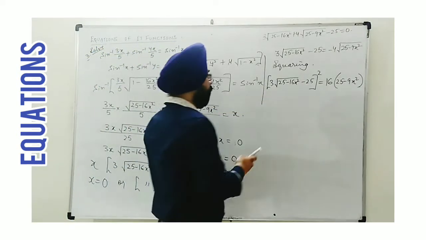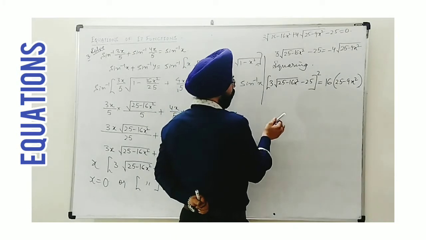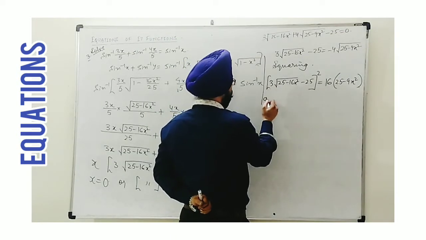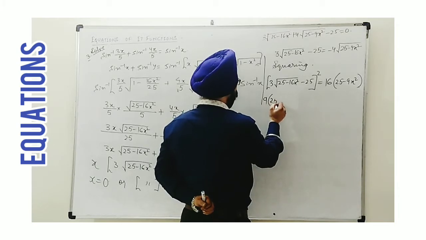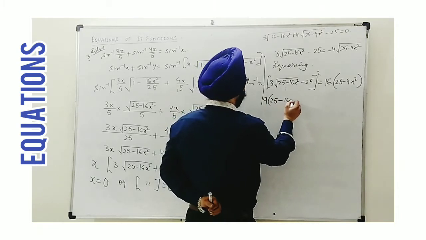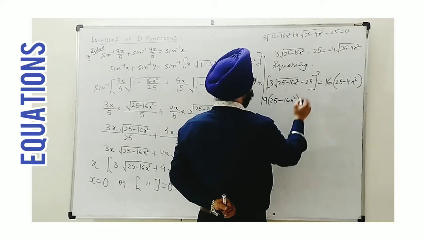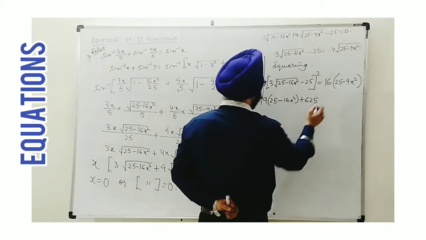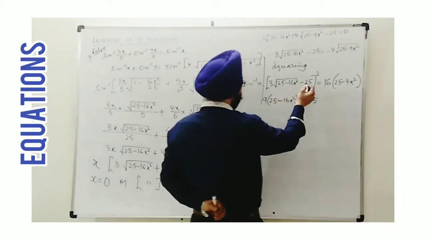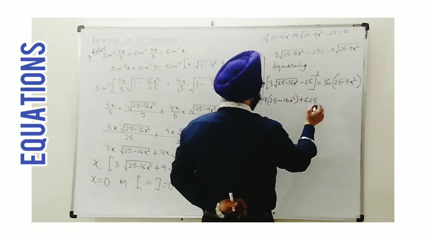On the left hand side we apply the identity a minus b whole square. We get 3 square, 9, and the square on this root will eliminate it: 25 minus 16x square. Square on 25 will make it 625, and minus 2ab, that will become 15 times 3, 150